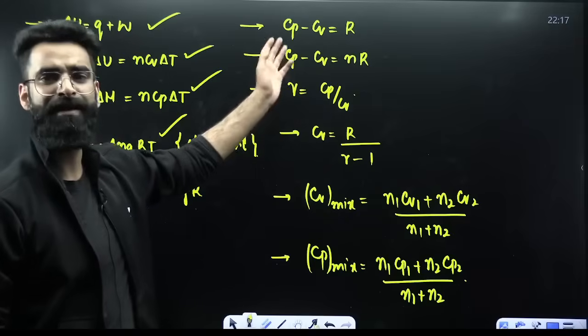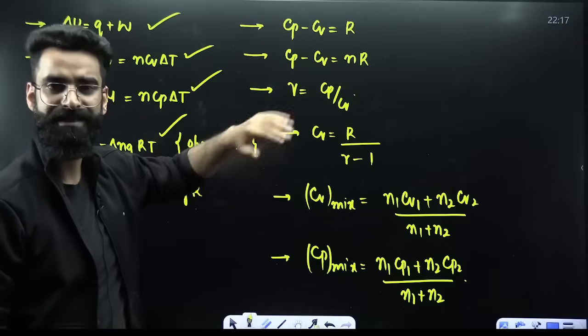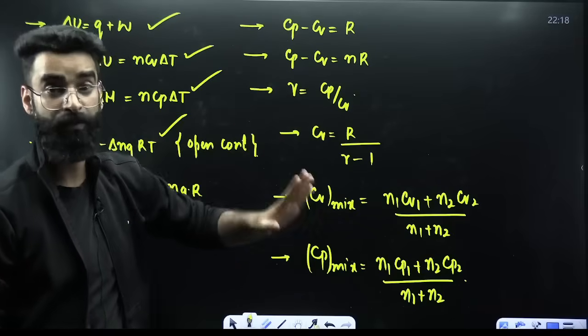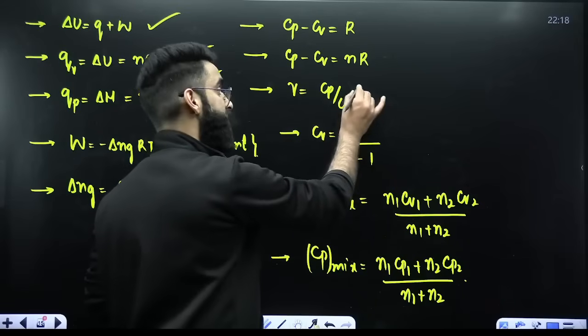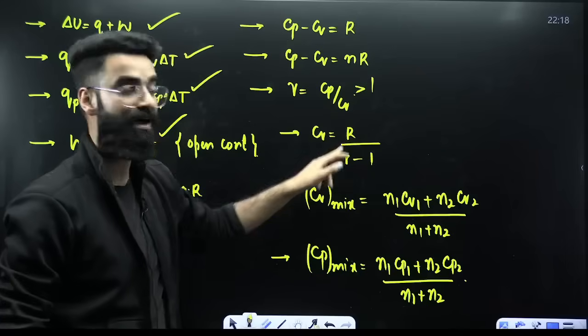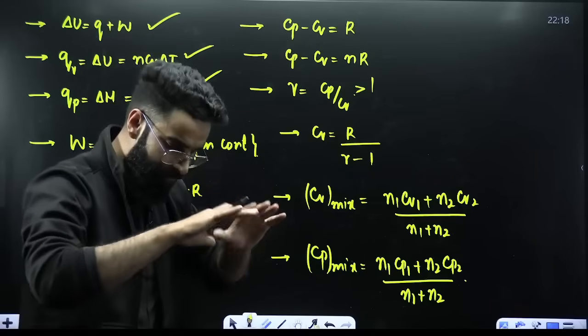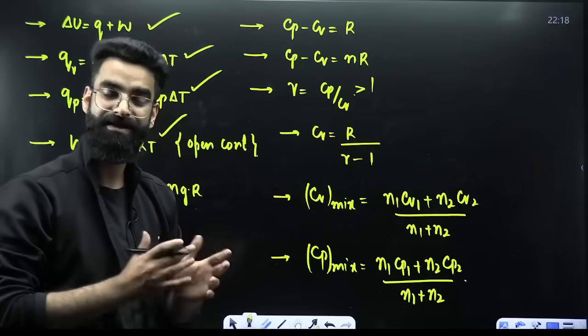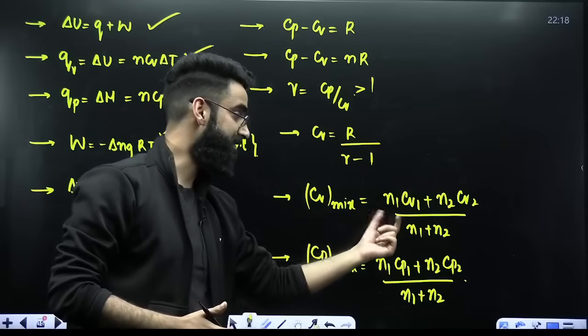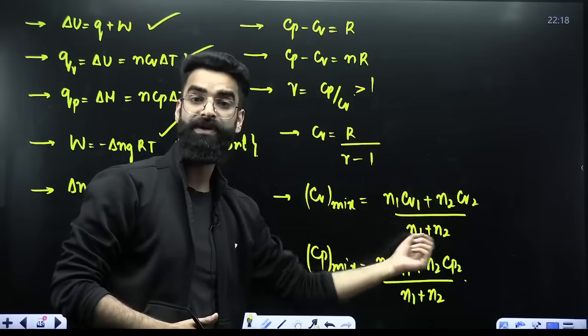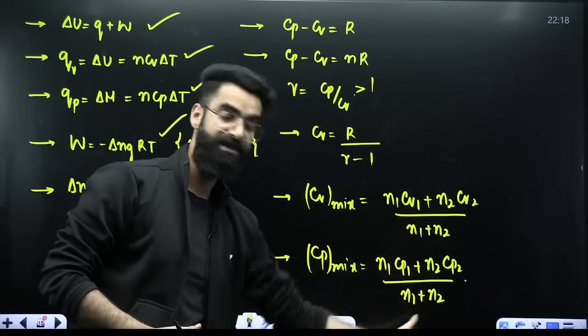Similarly, Cp minus Cv is equal to R for 1 mole of ideal gas. Cp minus Cv is equal to nR for n moles of ideal gas. Gamma, Poisson's ratio, is equal to Cp by Cv, which is always greater than 1. And Cv is equal to R divided by gamma minus 1. If you have got a mixture of chemically non-reacting gases, how do we calculate Cv as well as Cp for that mixture? This is the result, n1Cv1 plus n2Cv2 divided by n1 plus n2. Same goes for this one,